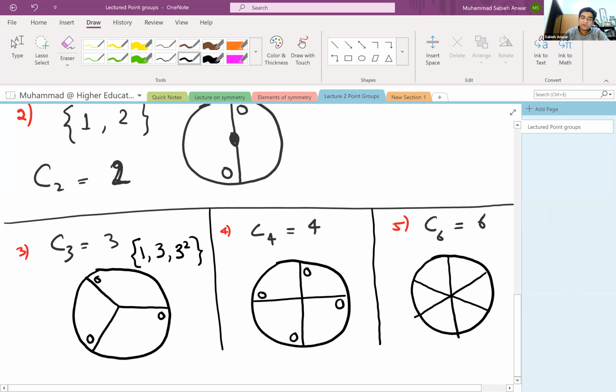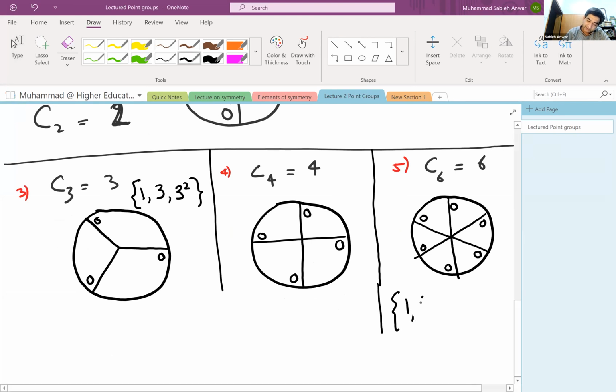So these lines that I'm drawing do not represent mirror planes. They merely are a visual guide for me. So I put an element here, it will create an element here at 60 degrees, 120 degrees, 180, 240, and 300 degrees. Okay. Now, if you look at the elements of this group, I have 1, 6. I have 6 done twice, which is really 3. I have 6 done thrice, which is really a two-fold rotation. And I have 6 to the 4, 6 to the 5. So I have 6 elements in here,